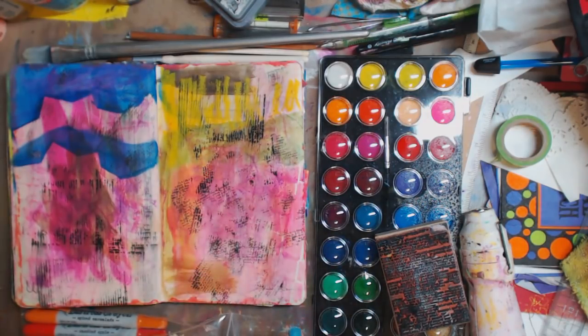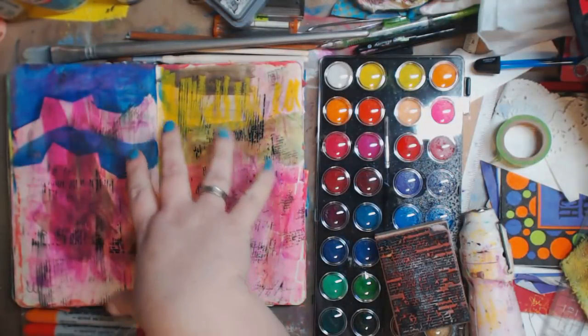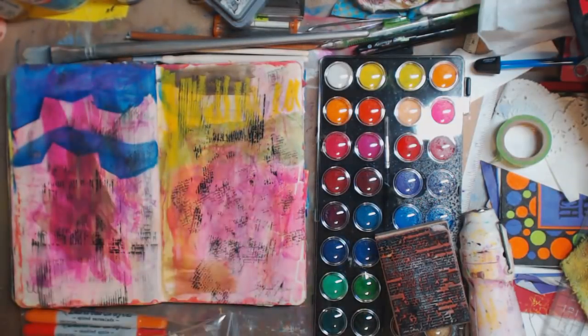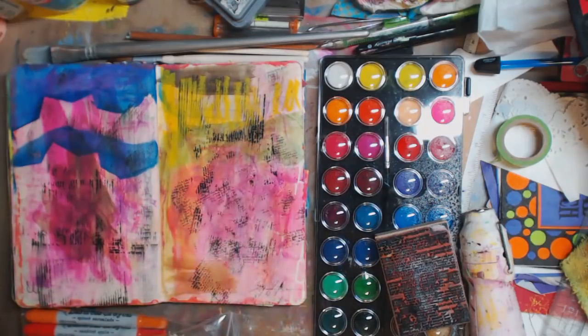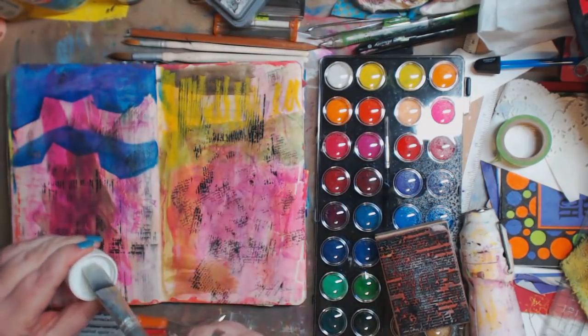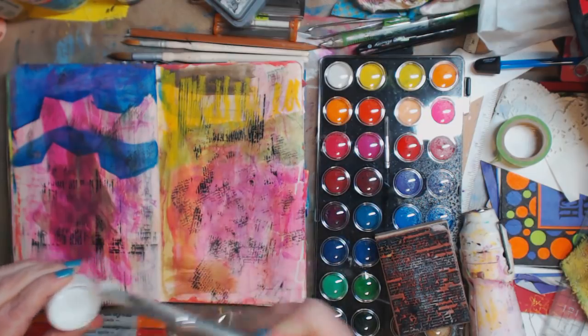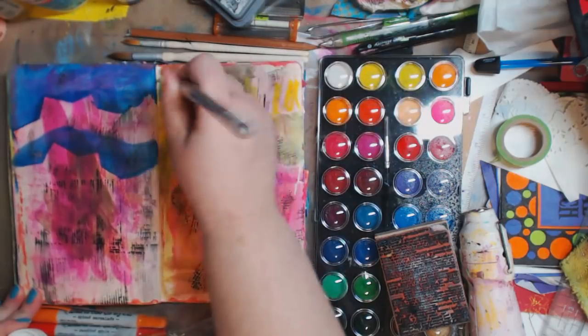Now, look, you can take your sandpaper. I have a block that I usually use, and I don't want it on here now, but if you want, you can give it a quick sanding. But look, I have the gelato down, so I'm going to open my white gesso, my clear gesso. I'm going to take a brush, I'm going to get some of that. Oh, I didn't rinse that brush well. I'm going to take some on here, and I'm going to